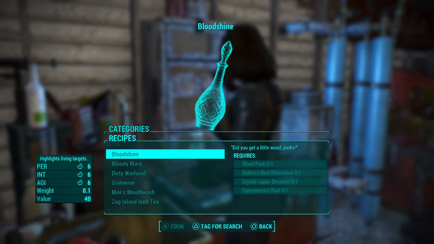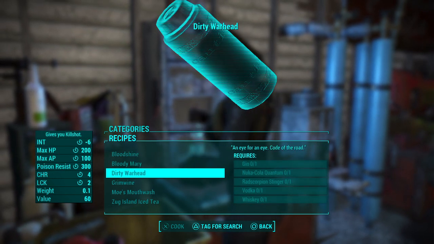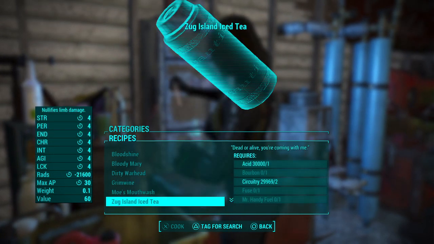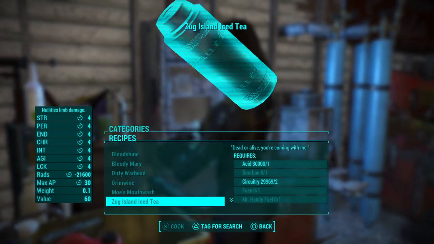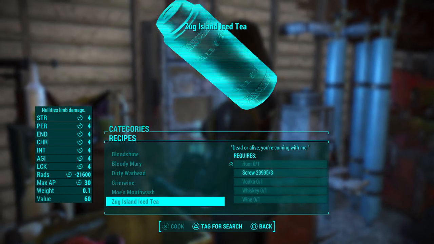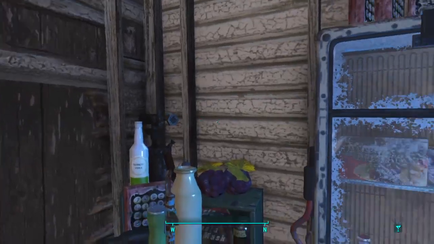And then the top shelf is Bloodshine, Bloody Mary, Dirty Warhead, Grim Wine, Moe's Mouthwash and Slug Island Iced Tea, which takes away 21,600 rads. So although it takes a lot of stuff to build up. So that's your beers,